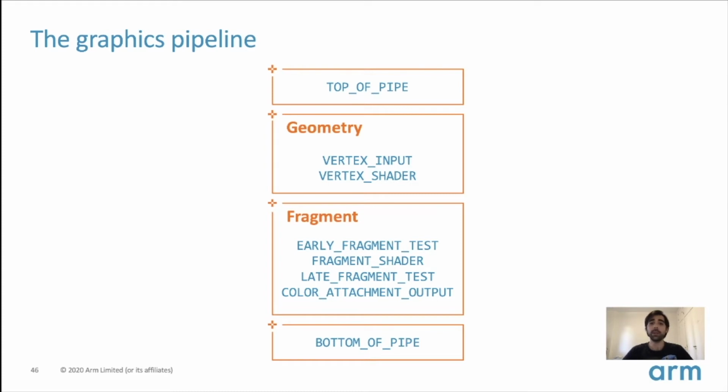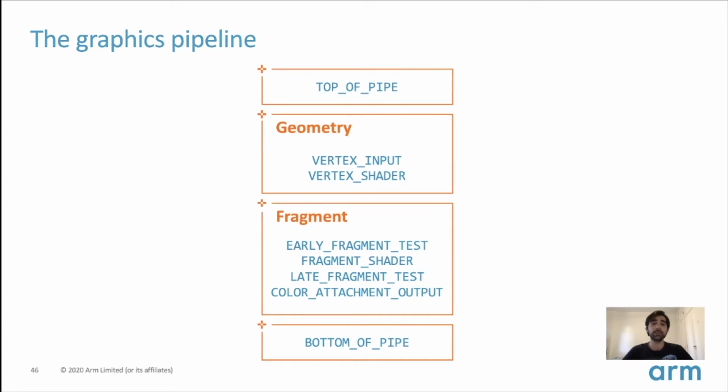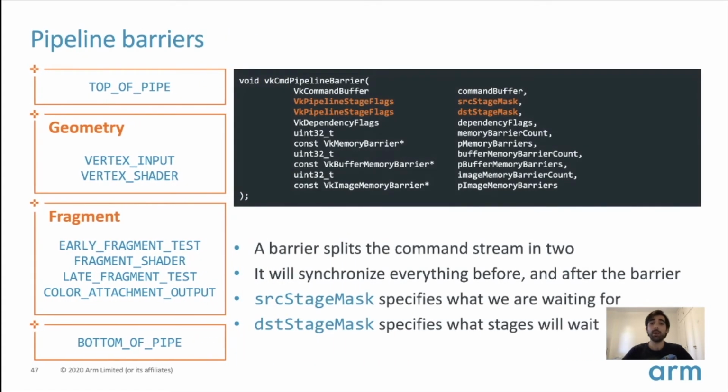When we submit commands to a queue, they may execute out of order. In fact, they may execute out of order between command buffers or even queue submissions. So we have to synchronize this work, but we do that by synchronizing the work in these stages, not for individual commands. This is how a pipeline barrier looks. With a pipeline barrier, we are effectively dividing the command stream into parts and specifying that all commands after the barrier must wait at a certain destination stage until all commands before the barrier have reached a particular source stage.